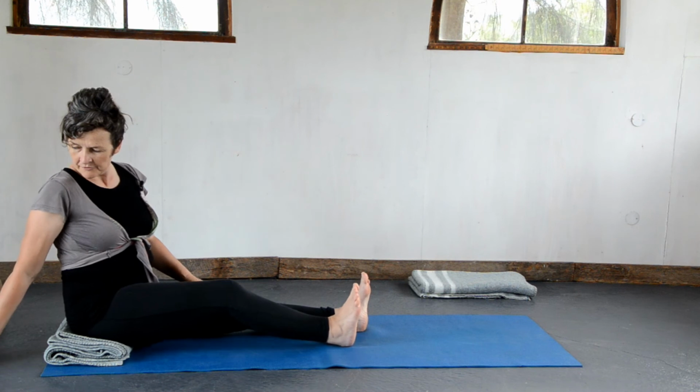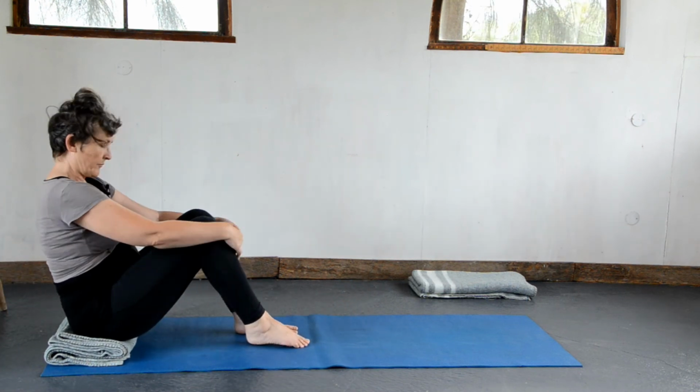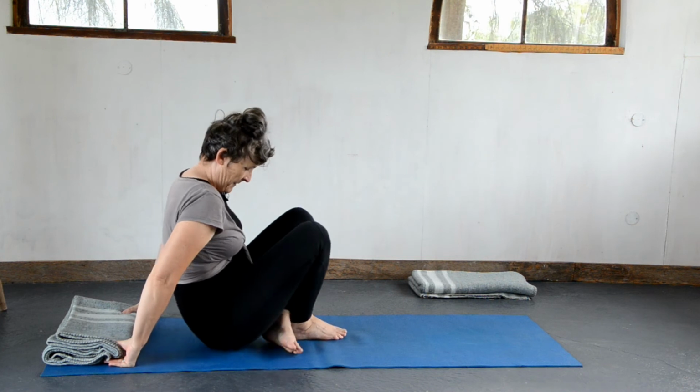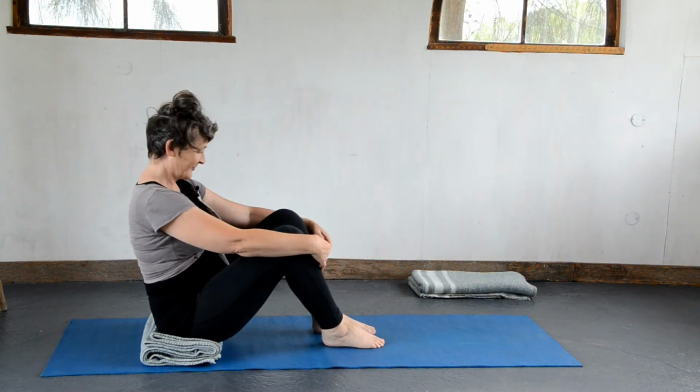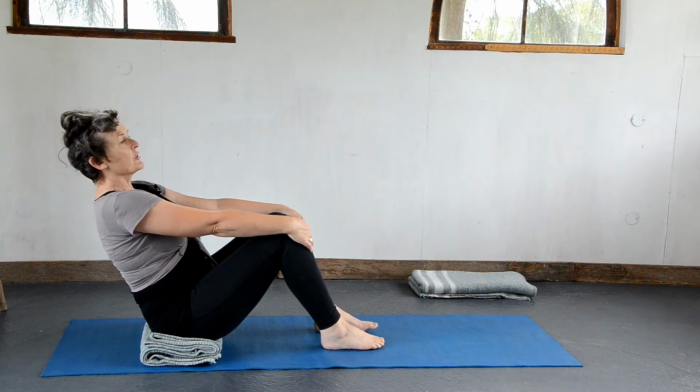You need a little bit of room behind you. You can move this forward. We're going to balance now on the back of the pelvis. Oh, I need to move forward. Good. So if you have your arms straight,